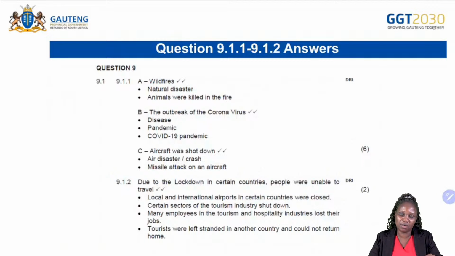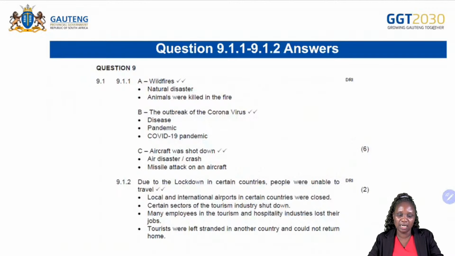A, we said wildfires, that is wildfire. Then it's a natural disaster and animals were killed in the fire. And then B, the outbreak of the coronavirus. That's a disease and it was a pandemic. The name is COVID-19. And then C, aircraft was shot down. A disaster or a crash, and then missile attack on an aircraft. Okay,